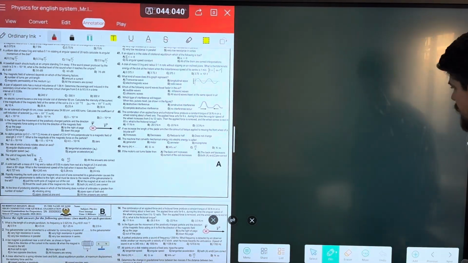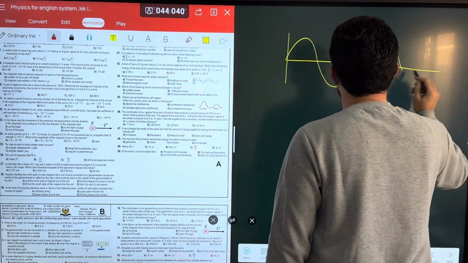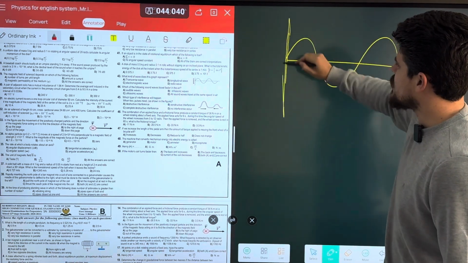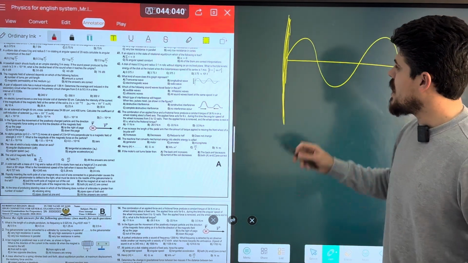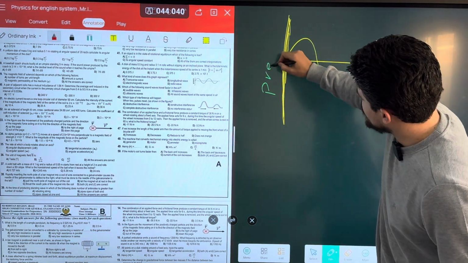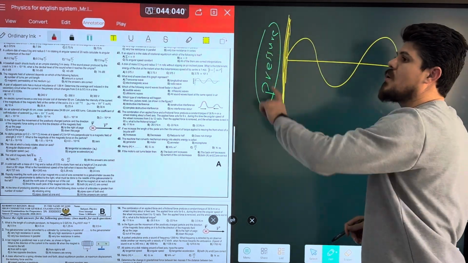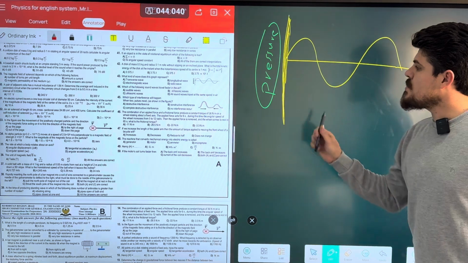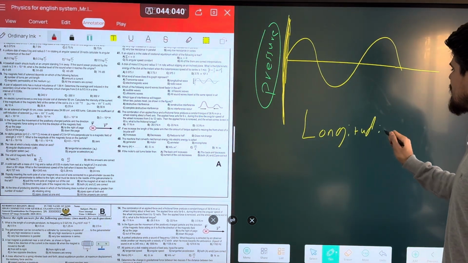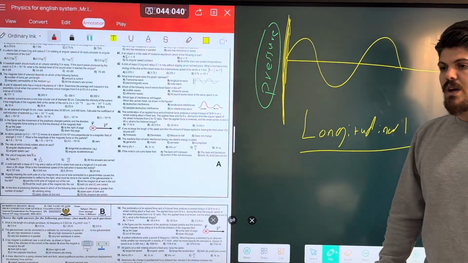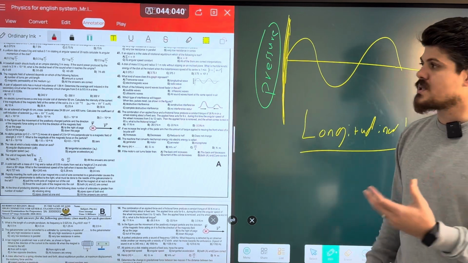sometimes it will be confusing for the students, because maybe the student will say this consists of crest and trough, so that is why this is a transverse wave. But actually, this is not a transverse wave. Why? Because we have pressure here. What we have here? Pressure. If you see pressure or density, this type of wave becomes what? Longitudinal wave. This is a longitudinal mechanical wave, because as you know, in the mechanical longitudinal wave, we can represent the